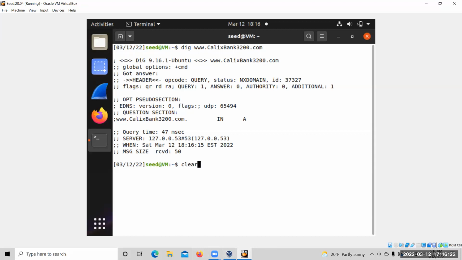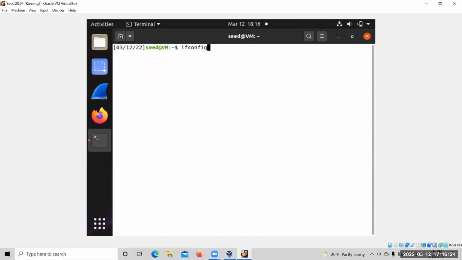Okay, and then I'm going to do the ping command. All right, and you can see here is the response, 5007. So you can see we ping calixbank32.com, and what's important is that the DNS query went from the 20.04 client to